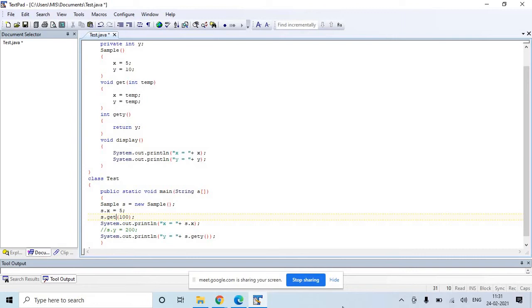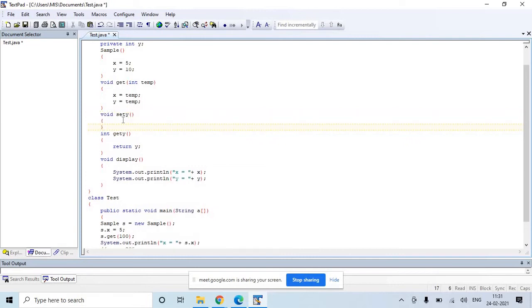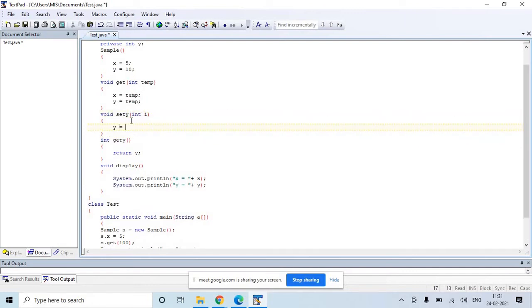Sir, why didn't you write set y there? Okay, you can write a set y function as well. You can write here void set y, and the user will supply one value, and whatever value the user supplies you will initialize with that variable.